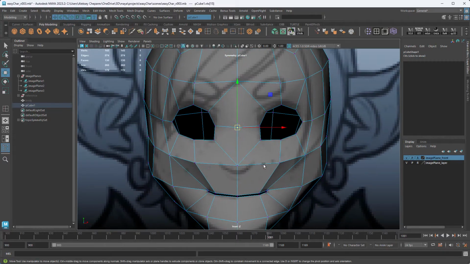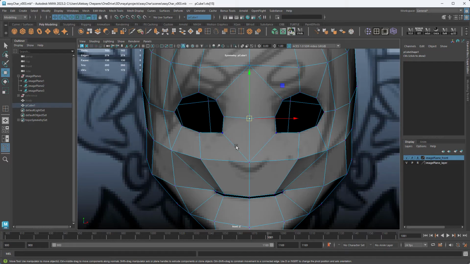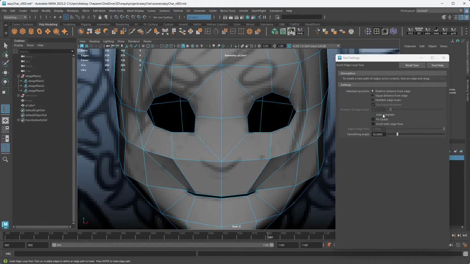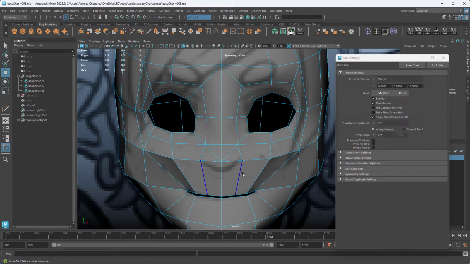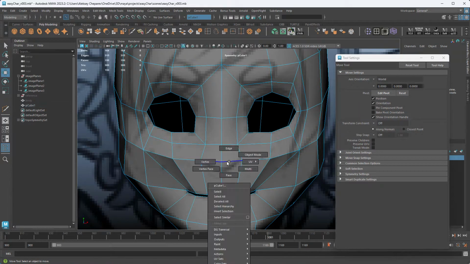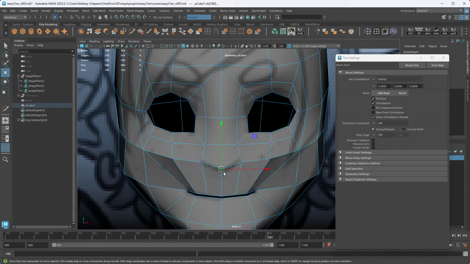Now we can do the nose. Basically the way we're going to do it is we're going to use the eye loops to create the nose. And so first we need to add a loop. I don't do it with edge flow, I just do autocomplete and I add a loop like this. Now the nose will be added here. So what we need to do now is connect right here and then go down and then into the lips.